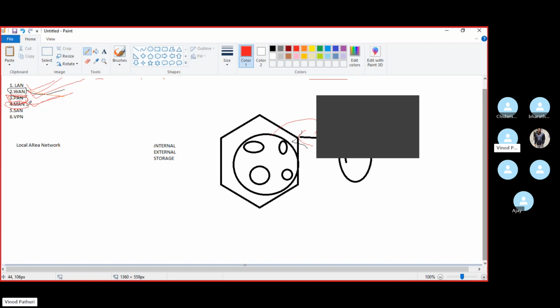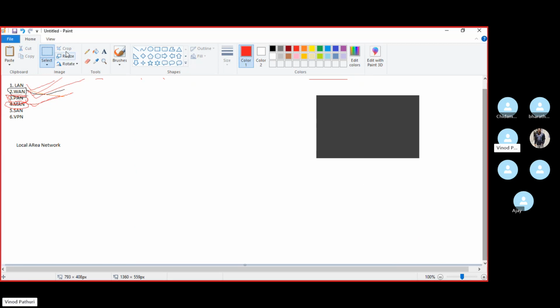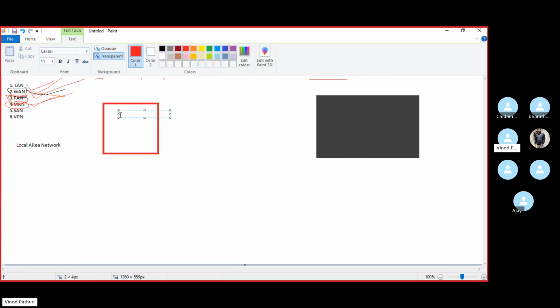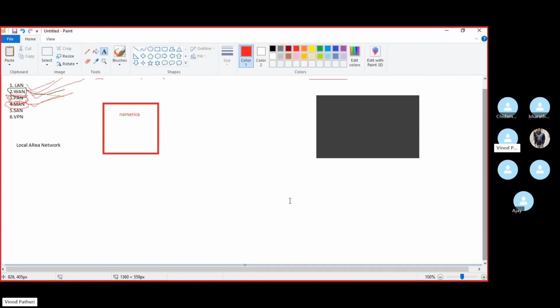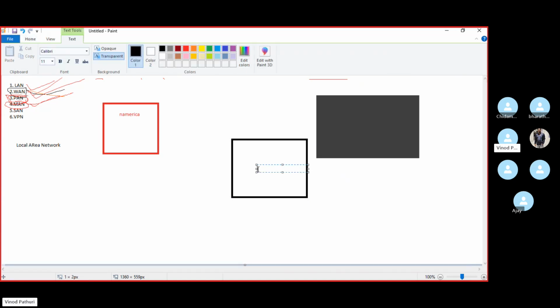For example, if you have an office, in a recent scenario I just worked on, there is a customer in the North America region, and we have a data center in Michigan.